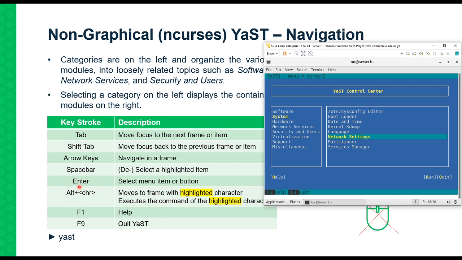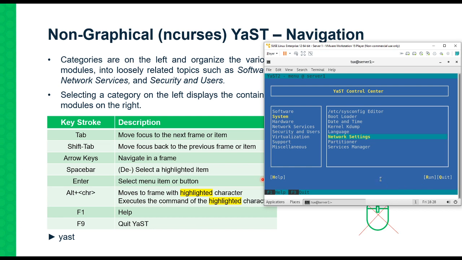But then we also have the Alt and the highlighted character which we can use. So if we were to navigate to the help, we would press the Alt and H key. It doesn't need to be a capital H, it can be the lowercase h. It's not case sensitive to follow the Alt and character key. So we press Alt, H, lowercase h for help, run to open up a run command, and Q to quit